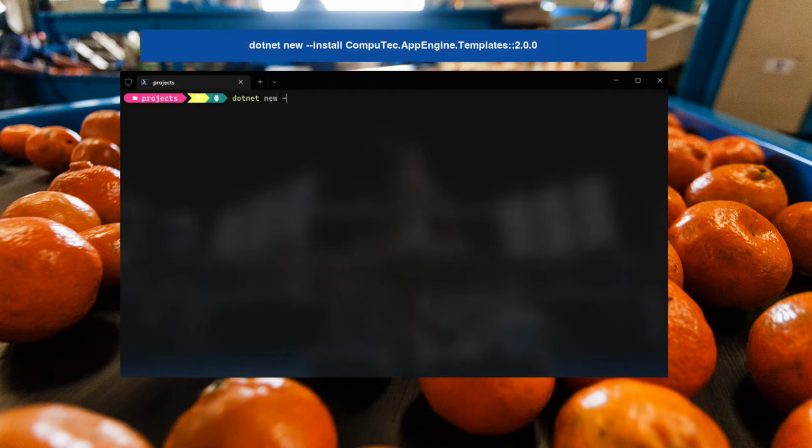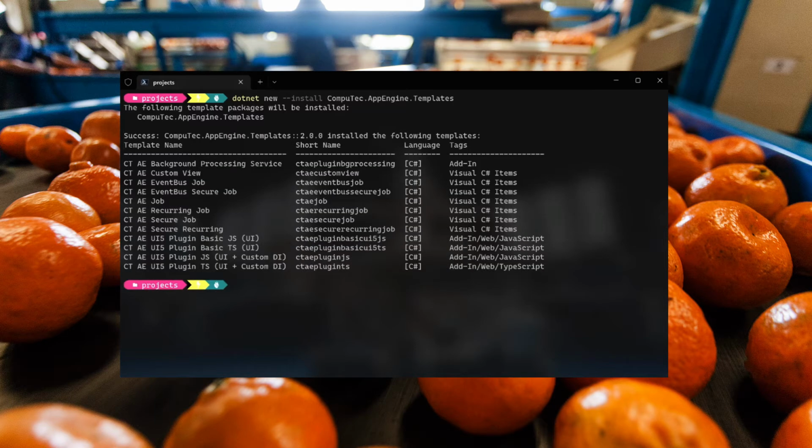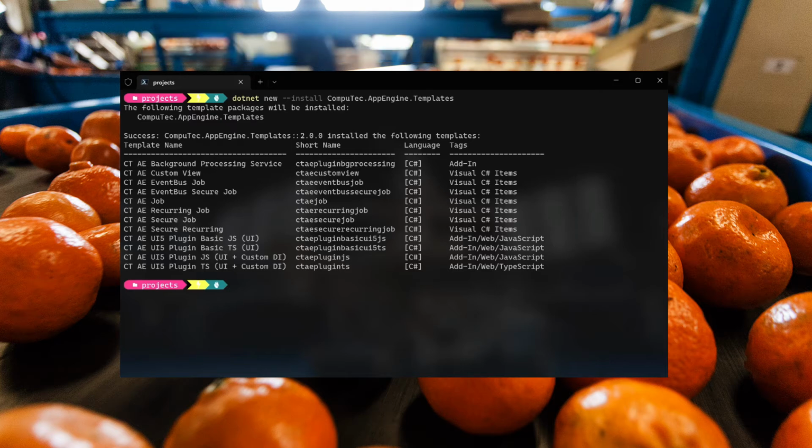new install CompuTec.appengine.templates. If you already have the templates installed, to see a list, you can use the command .NET new list AE to do that. As you can see, there are a number of different templates for plugins, but also for